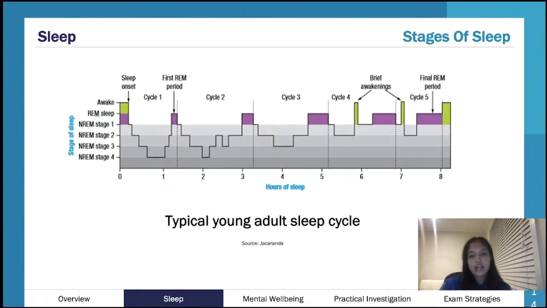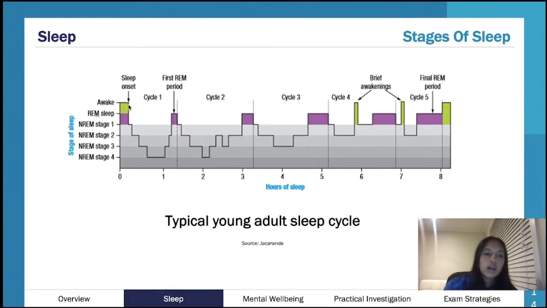Okay, so this is a really nice diagram that summarizes or explains those stages. And it shows you your cycle. Again, we'll define the ultradian rhythm in a second. But here you have the start of the night. So this is your hours. Again, you get about 8 hours of sleep. The purple is your REM, and then all of these are your NREM. So the gray is your NREM, the purple is your REM. You can see that you obviously spend a lot more time in your NREM. So that's that 80%, let's say, and the purple is about 20%. And this is of an adult.